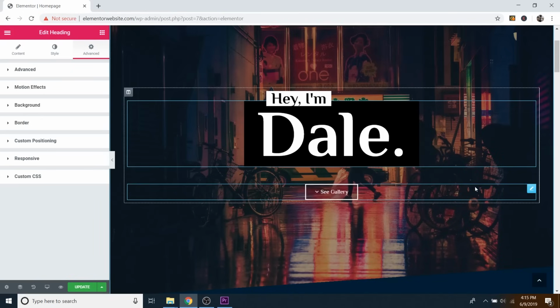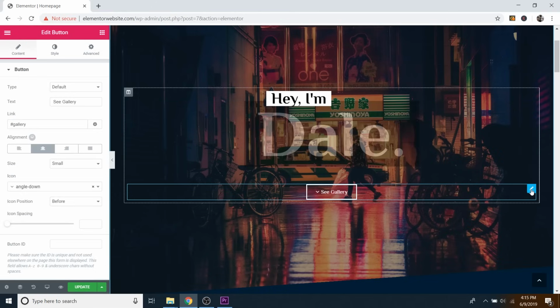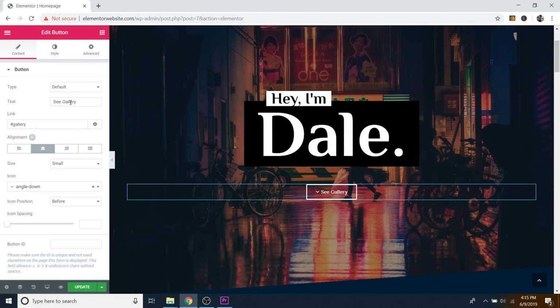So now we're going to change this button. So as you can see, when I hover over, it kind of grows. And then it's got like a little bit darker background, but I left it empty so that we could go ahead and change the color, because again, you want buttons that are going to stand out. So let's just click on the little edit symbol, and if you want, you can change the text. So I have it set to See Gallery, and then you can see we've got hashtag gallery here underneath the